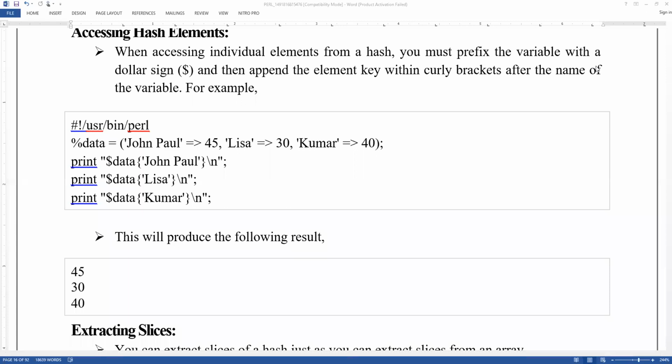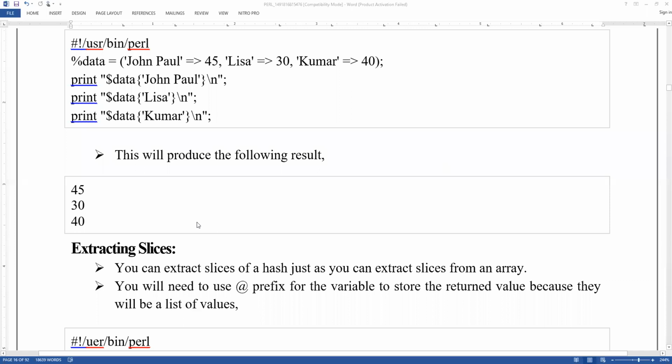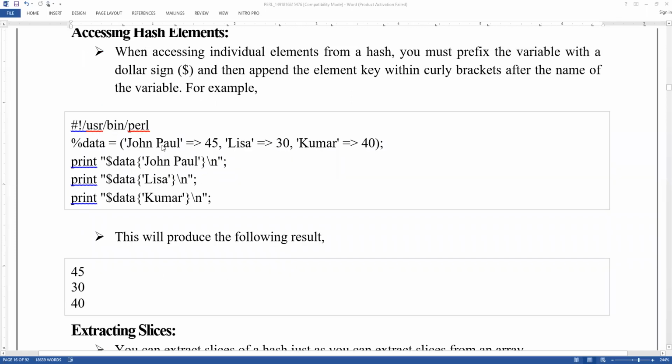John Paul, Lisa, Kumar. So this is the procedure. Here John Paul is a key and the value is 45, right? So this is the output of this program for accessing the element.